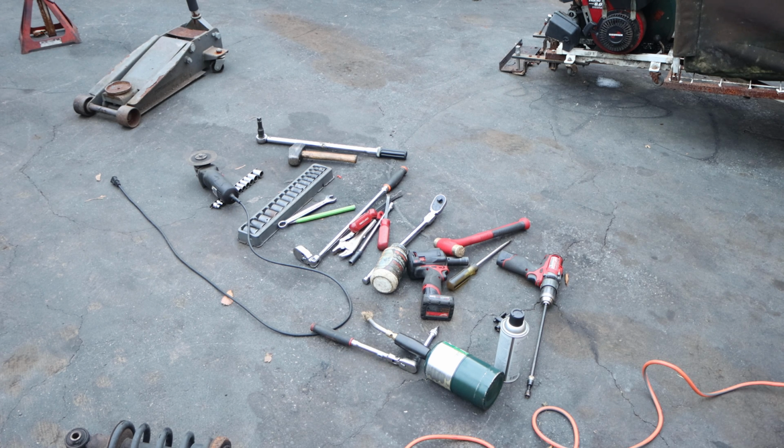I used 5-ton jack stands for the video. It actually ended up being a blessing in disguise because we needed that extra clearance, if you guys saw me, to get underneath there and use the extra torque to break those bolts out. But if you don't want to deal with any of that nonsense,